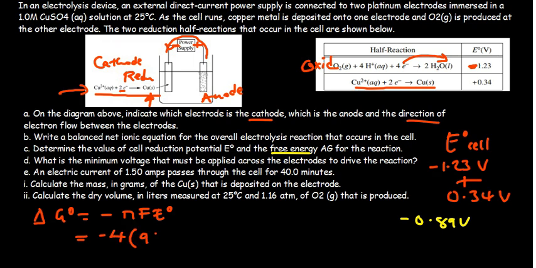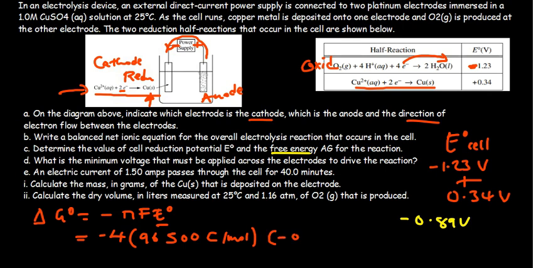Faraday's constant, which is 96,485, we'd just take the approximate value that is usually used as a constant, coulomb per mole. Those are the units. And then we need to multiply by the cell potential voltage,